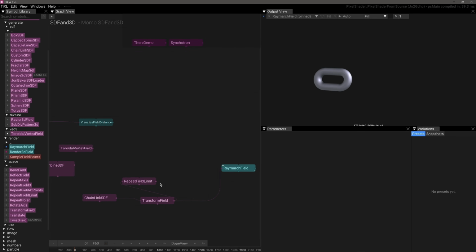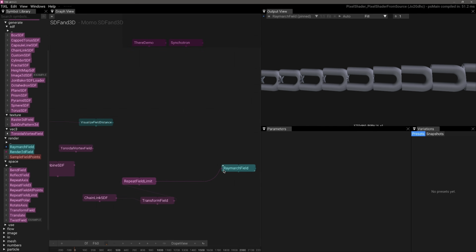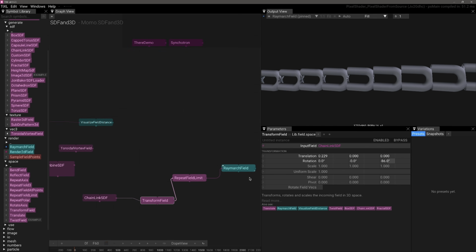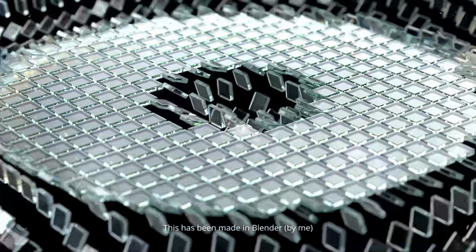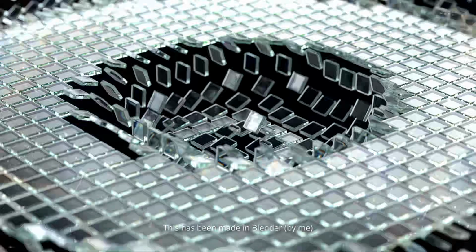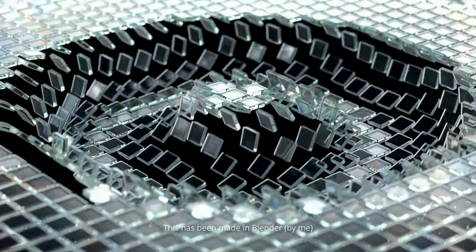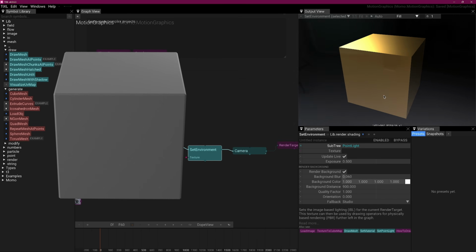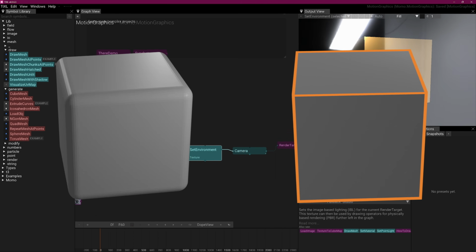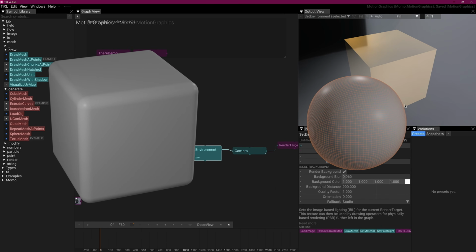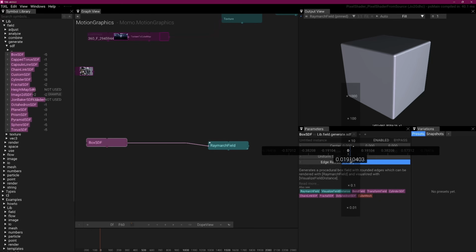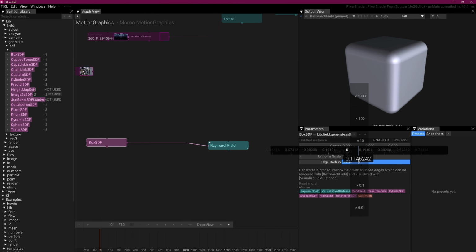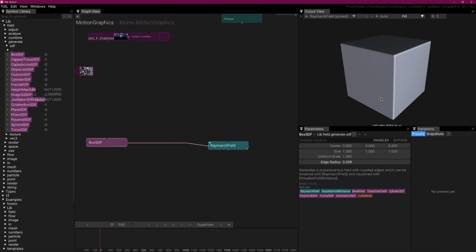So obviously Tixel focuses on the creation of 3D content, so I tried creating some procedural 3D motion graphics with it, aiming for something that looks like the satisfying 3D animated loops you sometimes see on social media. So I started with a cube mesh and instantly encountered several limitations. I couldn't figure out how to add bevels or Catmull-Clark subdivision to the cube, which I found to be pretty essential. But I guess you can alternatively just use a SDF cube if you want rounded corners and edges.